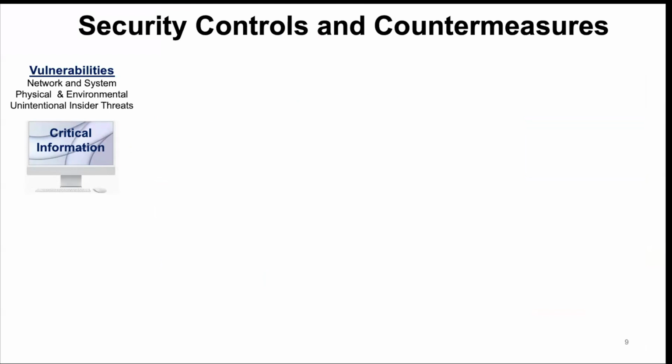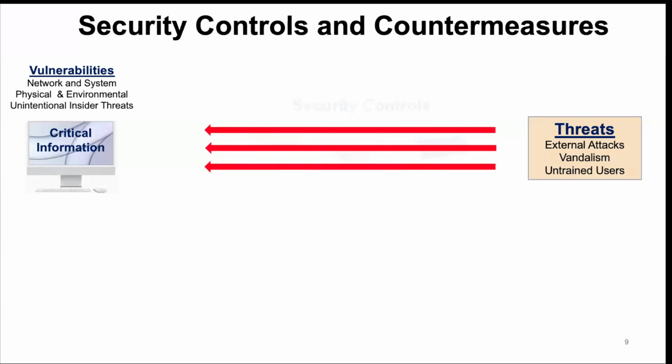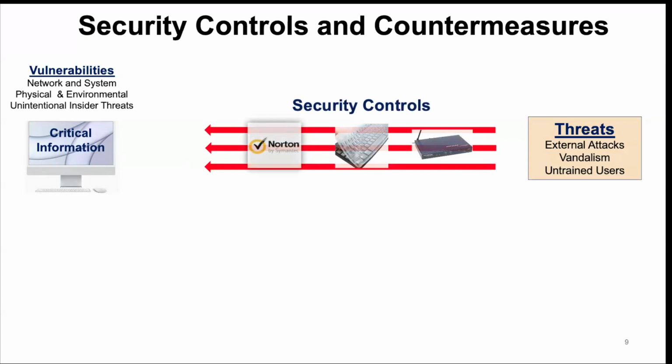Like I say, everything is built around vulnerabilities, and there are always vulnerabilities. So let's say your customer has an information system. Your risk assessment is going to identify what those vulnerabilities are. You can also let them know that because of these vulnerabilities, these are the threats that are out there, whether external threats, vandalism, whatever it may be. And then you're going to give them recommendations or security controls to mitigate the likelihood of these threats exploiting those vulnerabilities. That's really what we're talking about with findings, discussion, recommendation.